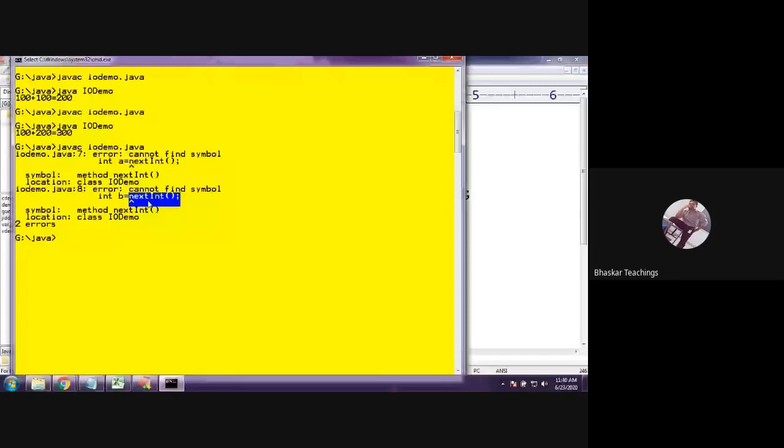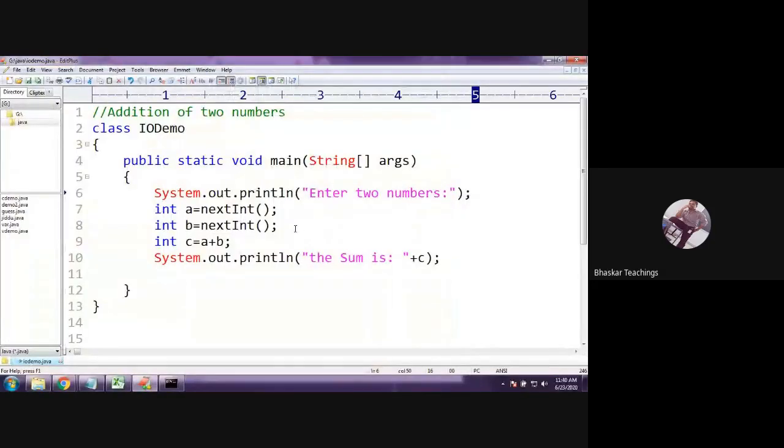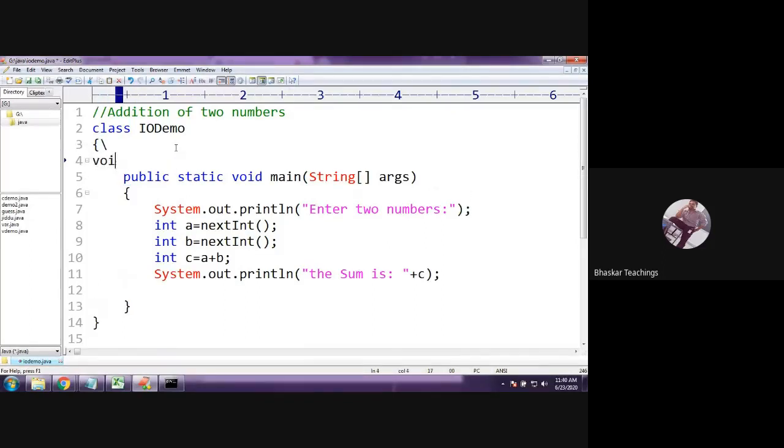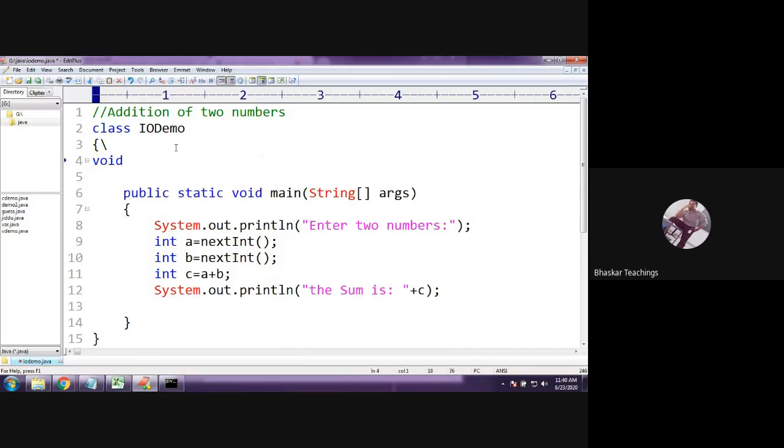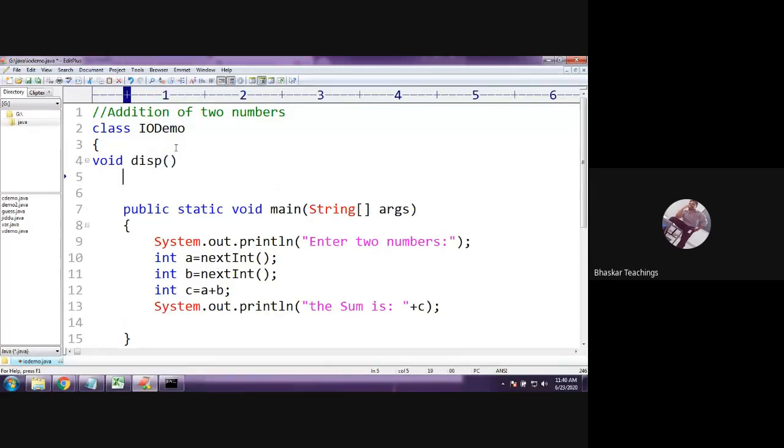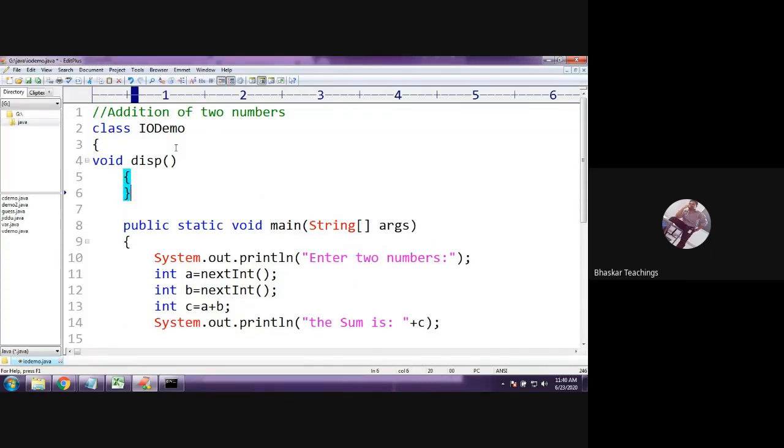Now listen carefully. Why is it showing an error? Actually, we used to call some functions, some display method, because they are included inside a class, right? We used to have methods and we used to call these methods by creating an object.